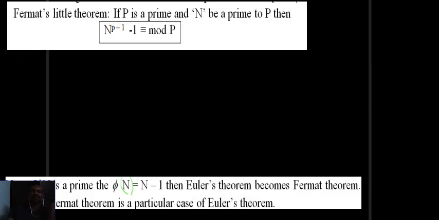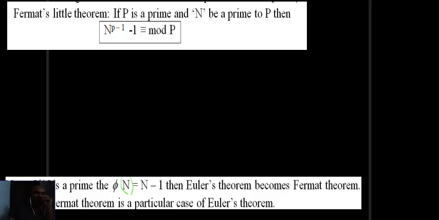Yeah, next Fermat's Little theorem. What it is saying: P is a prime number and N is any number, then N power P minus 1 is congruent to 0 modulo P. Means N power P minus 1 is divisible by P. What condition? P and N are co-primes. This is one of the cases of Euler theorem now.